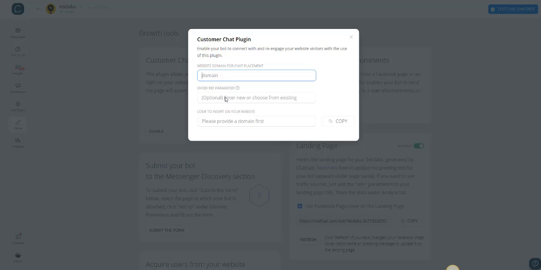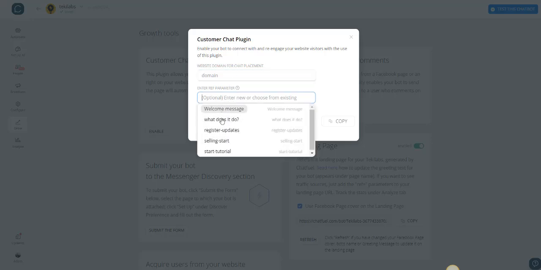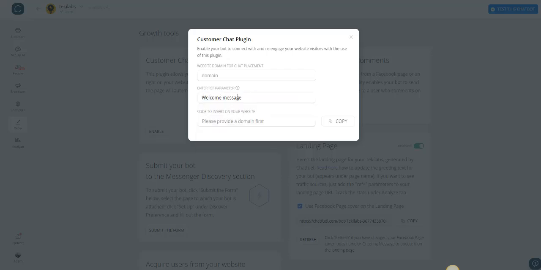and then you can put in the parameter if you want to start it at a different point, but here I'll put just for the welcome message, and then it will create the code. So let me give you this. I'll put in a domain, voucherstudio.com. There's the code. Okay, so I'm going to copy that code,